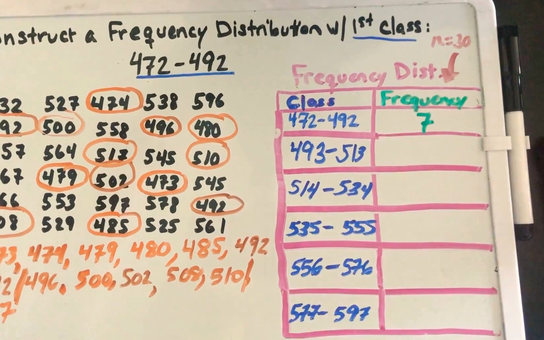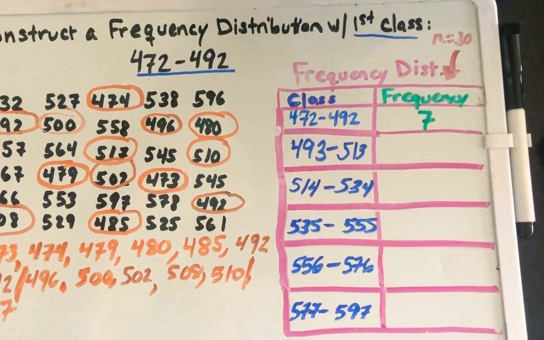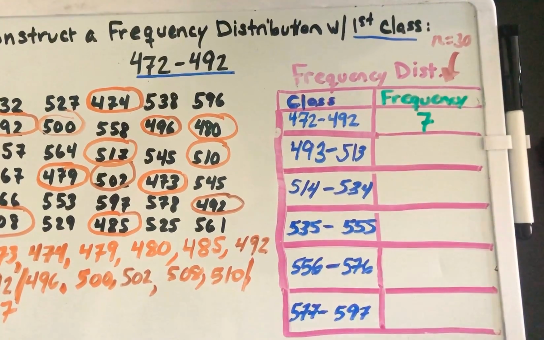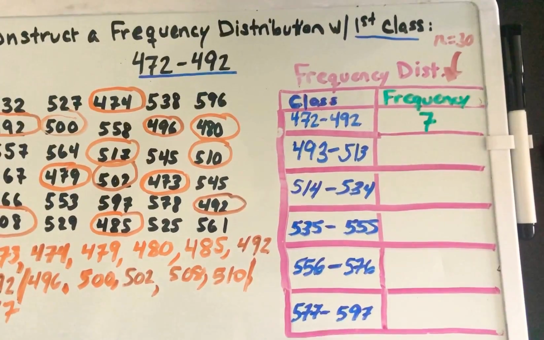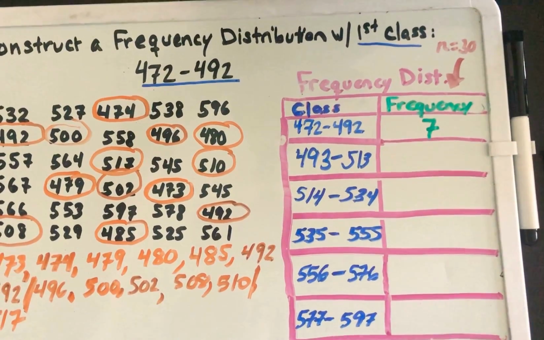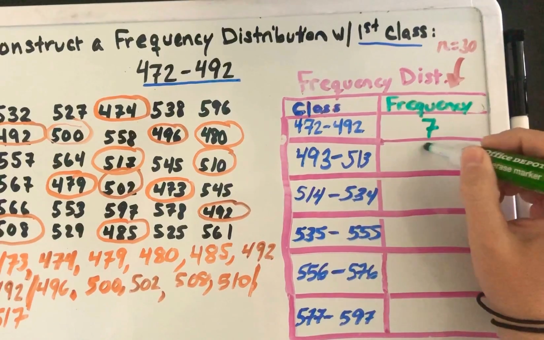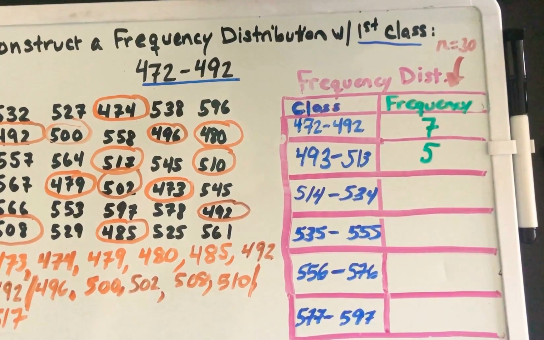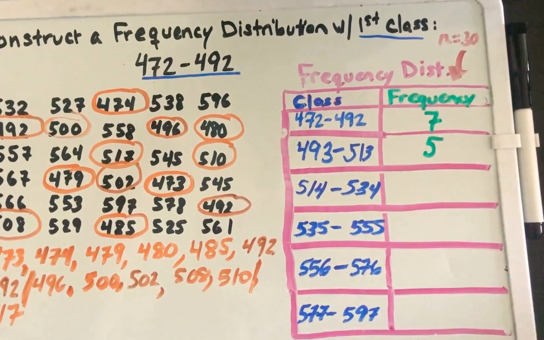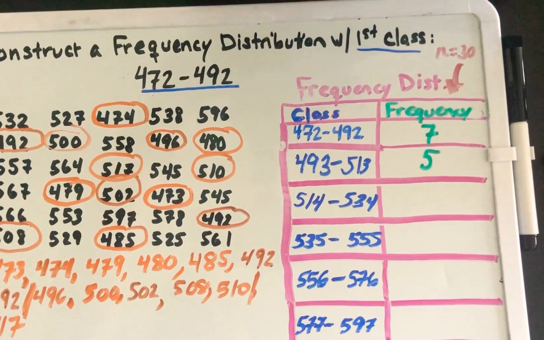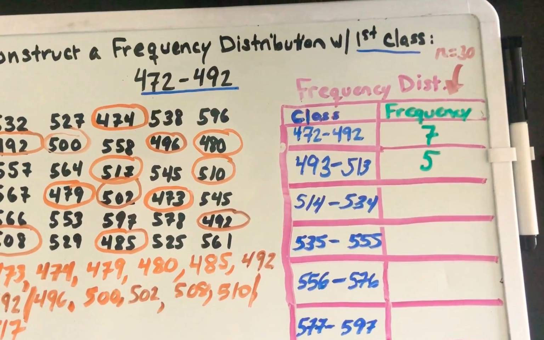Let's take a look at what the frequency would be then for that second class. 493 through 513. It would be 1, 2, 3, 4, 5 items. So I need to put 5 items as the frequency of that second class, 493 through 513. Okay, so now we continue getting the values for our third class by continuing looking for data just slightly higher than